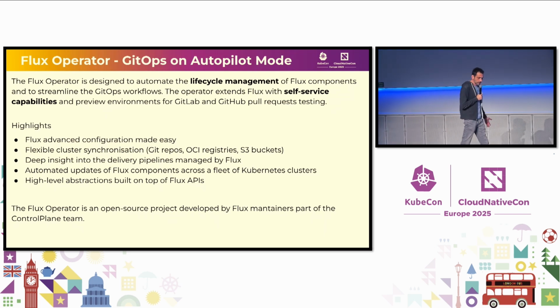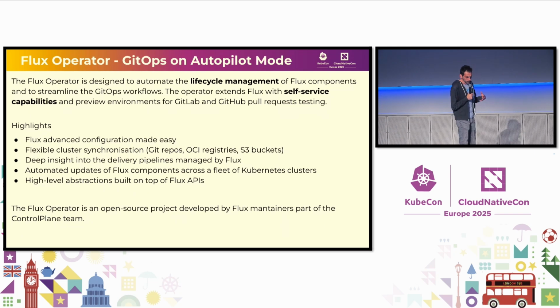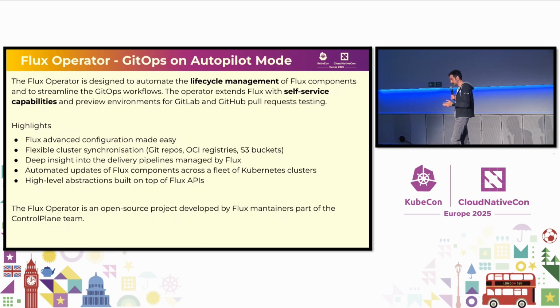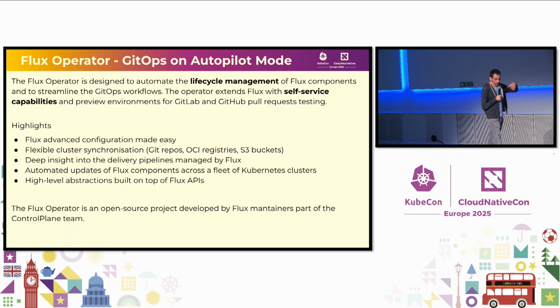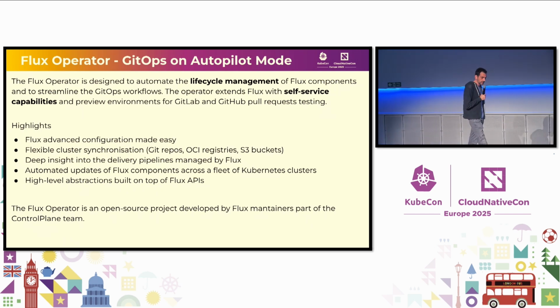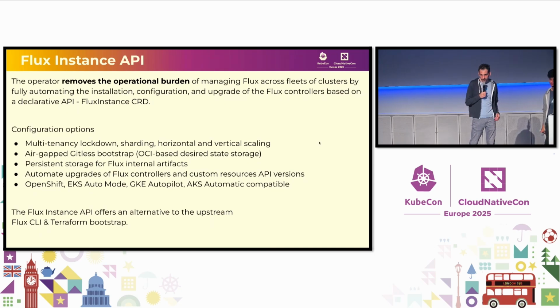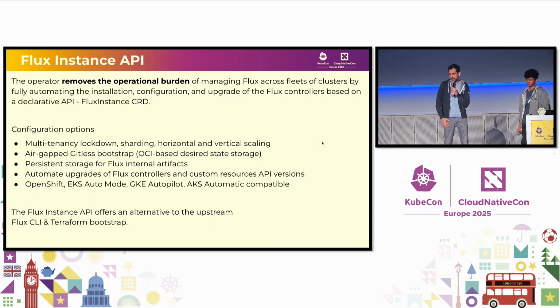And we ended up in a place where Flux Operator streamlines how you can deploy Flux on hundreds of clusters, and how you can optimize Flux. It's very easy to do sharding. All the advanced configurations that you think of for Flux, you can do with the Flux Operator very, very easily. So we kind of worked on the user experience of that part of the story. So we have this new API called Flux instance